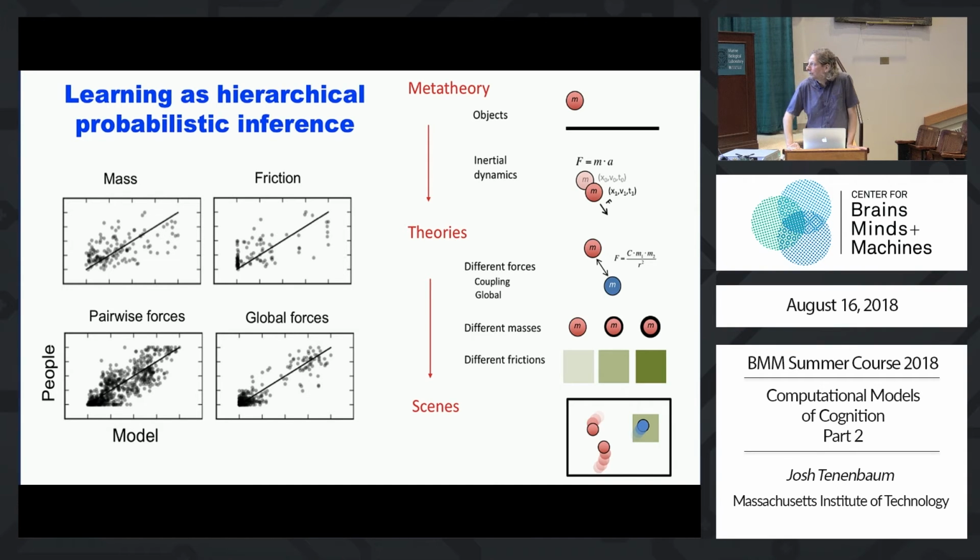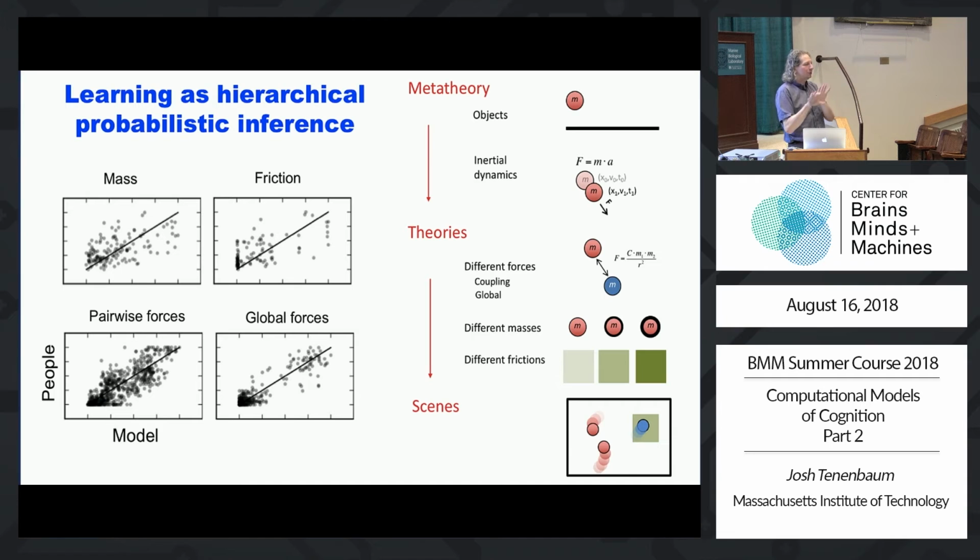So I can say, for example, in this case, I can give my system what we're calling here a meta theory. I can basically give it effectively Newtonian mechanics, but then say, well, that really generates a space of more specific theories, right? It puts a prior on the space of more specific theories that correspond to different settings of what forces are operative, or what the different parameters for mass or friction are. And so the top level is given, the middle level is completely unknown, and the bottom level is observed.